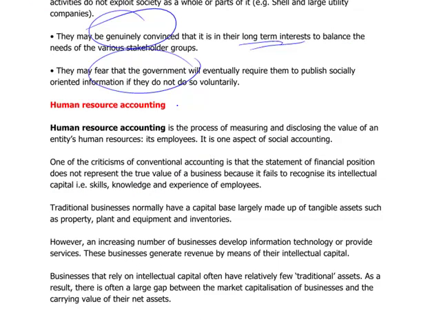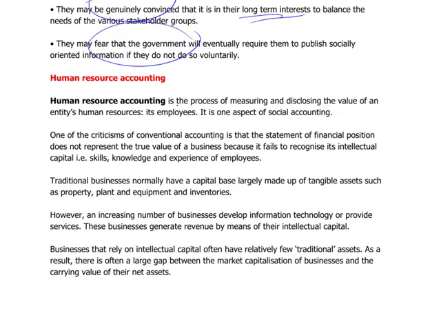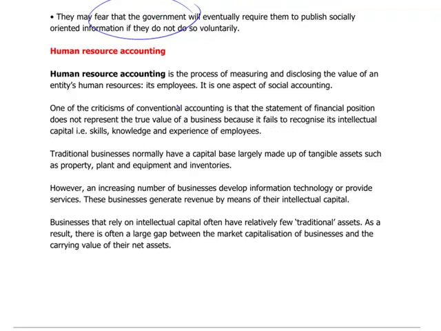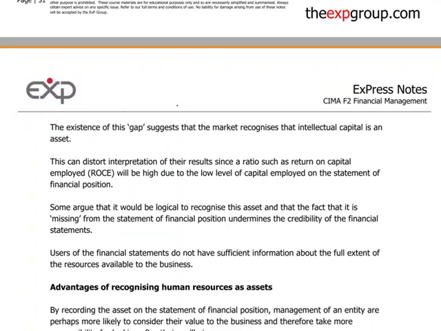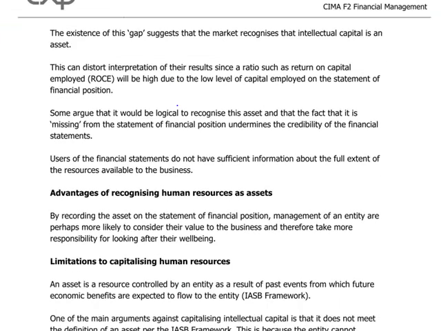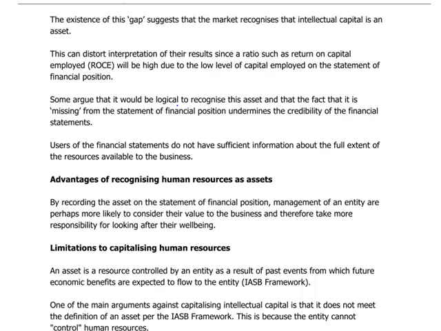Ultimately, human resource accounting. That's an interesting topic, quite controversial, because the key thing here is the whole world evolved towards service industries. Like 20 years ago you had manufacturing, but now most businesses are based on human capital, in effect, and their intelligence. So how come they are not in the statement of financial position? And the key thing here is that, of course, there are advantages in recognizing those assets, because otherwise there is a huge gap between what the market recognizes as the value of the company and what it values based on the statement of financial position.